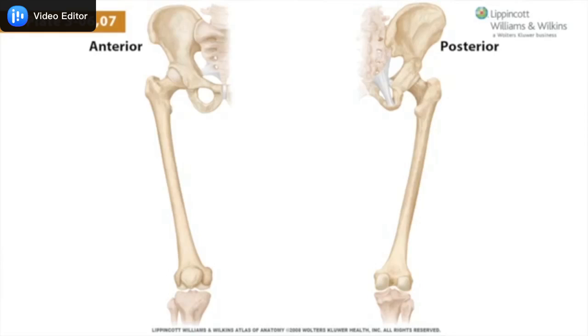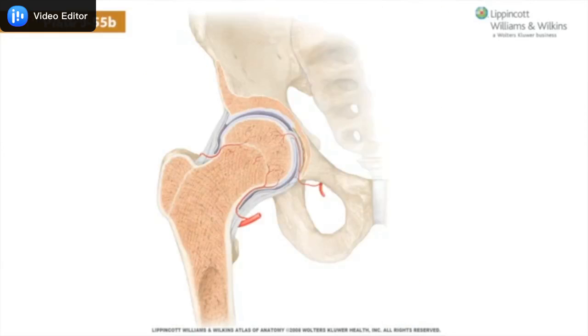It's time for that clinical correlation. So let's spend a little bit of time talking about hip fractures. Now, when you hear about someone breaking their hip, they've usually not broken their hip bone, but rather the neck of the femur. Now, if the arteries traveling along the neck of the femur to the femoral head are ruptured